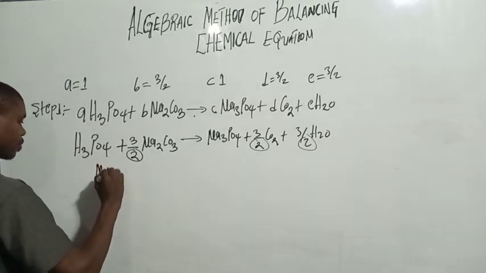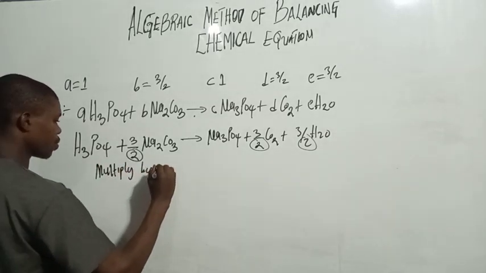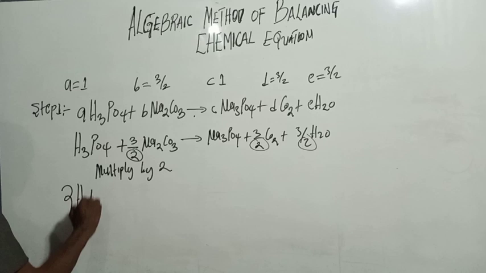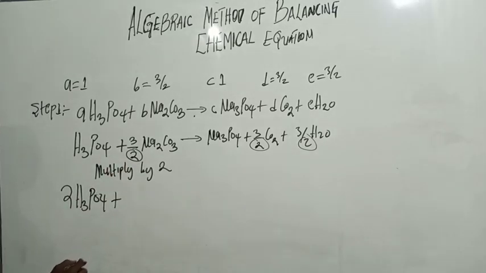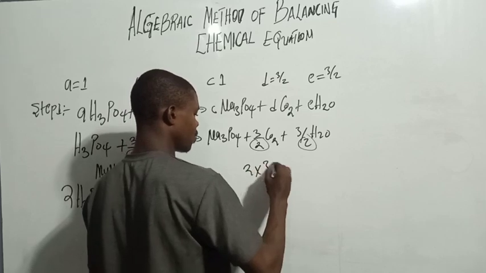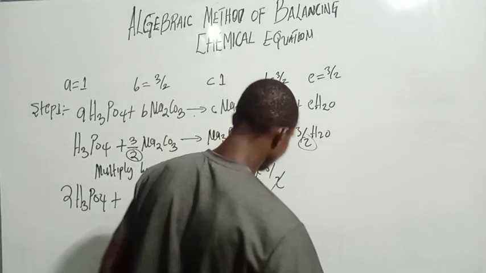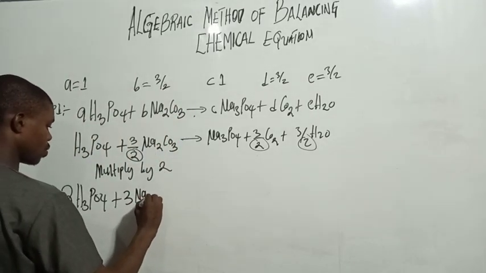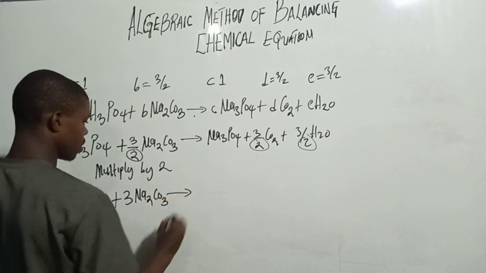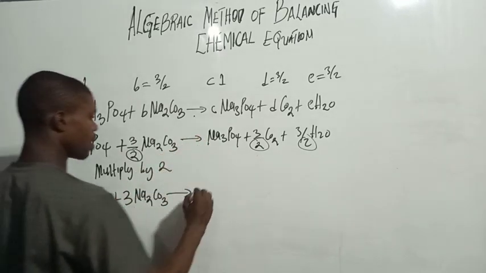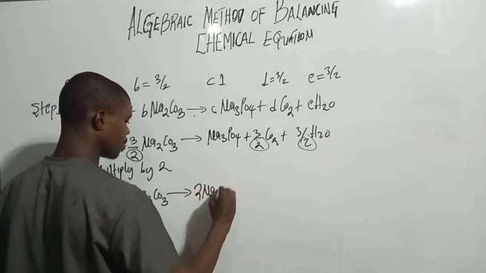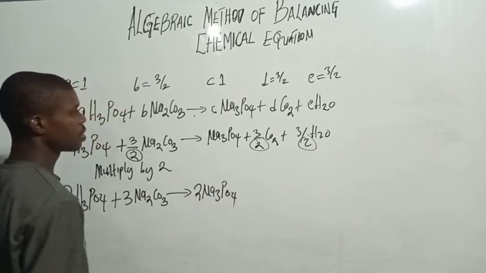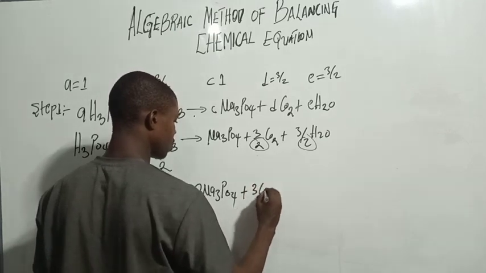Multiply by 2, which is the LCM. So when we multiply by 2, it's going to be 2H3PO4 plus 2 times 3 over 2. The 2 cancels out the 2, right? Left with 3. So it's going to be 3Na2CO3. Here we're going to go 2, so we have 2Na3PO4, right? Then plus 3CO2 plus